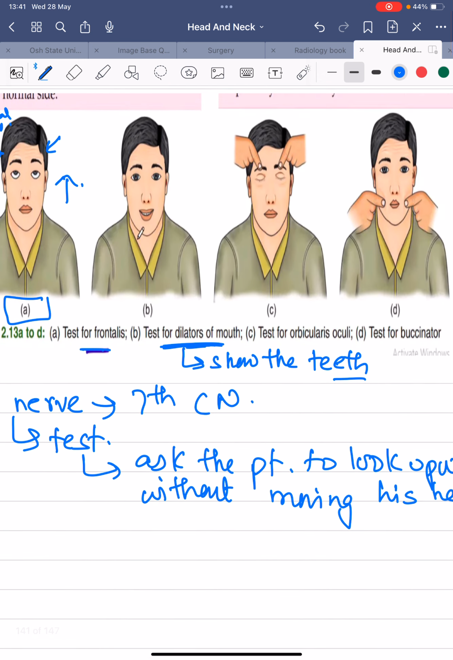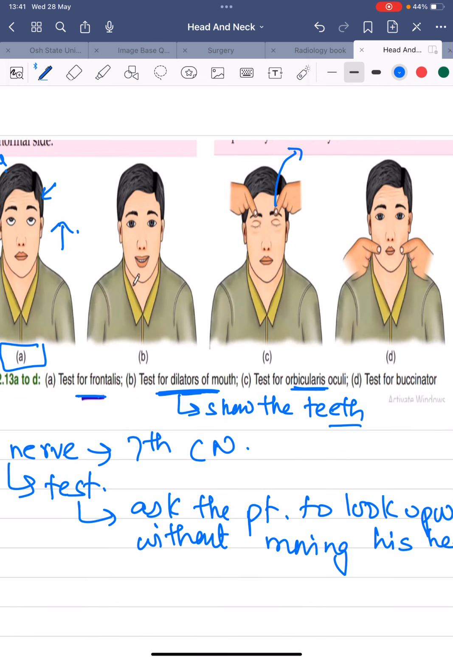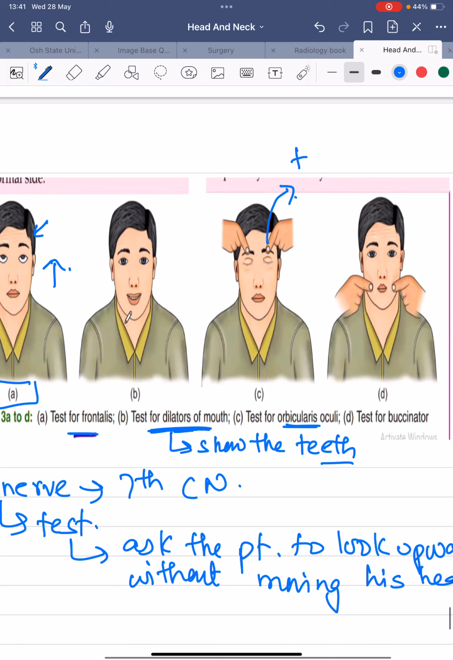Third, test for orbicularis oculi muscle. You will ask the patient to tightly close the eyes. Okay, for example, in Bell's palsy, a patient cannot close the eye, so you must pad the eye. Otherwise, the patient will develop keratitis. So the patient cannot close the eye, so you have to check the orbicularis oculi also. So you will ask the patient to tightly close the eyes to check for the orbicularis oculi, which is innervated